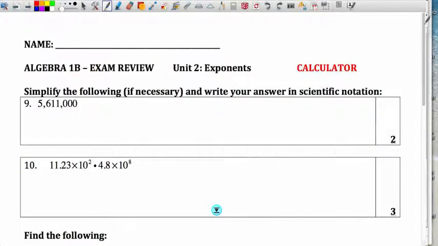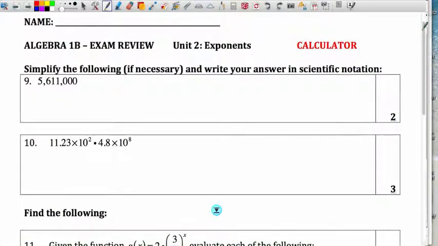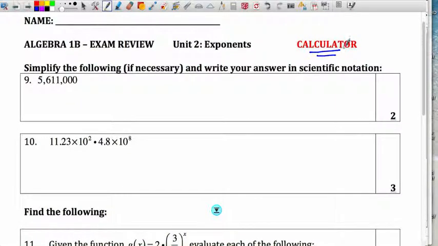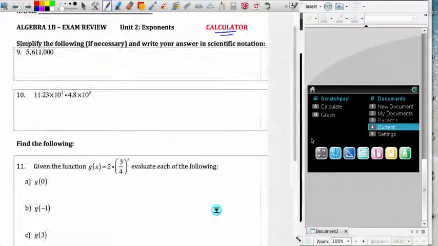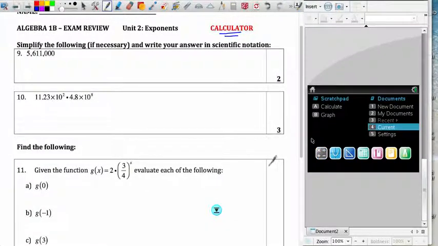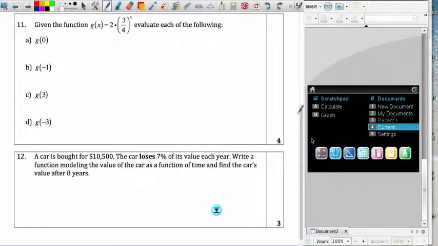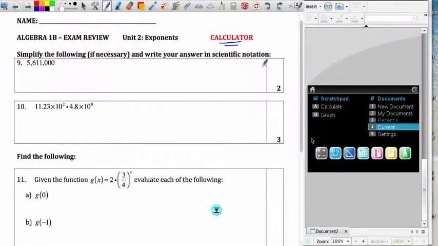We're now moving on to the portion which allows for the use of the calculator. It's not going to be required all the time, but is allowed. And so what I'll do is I'm going to bring my calculator in at this point for some of the problems. Some of them you're going to find it is not necessary,